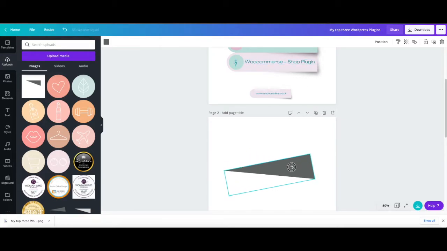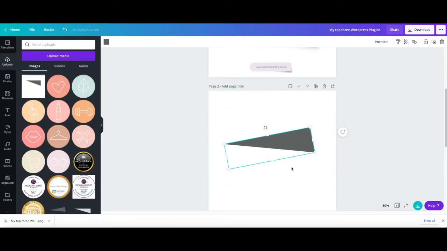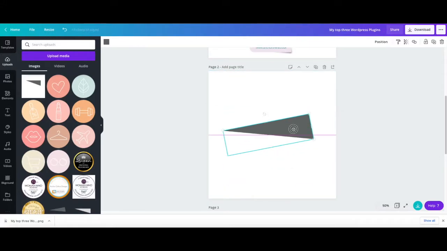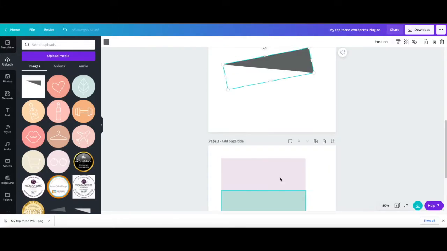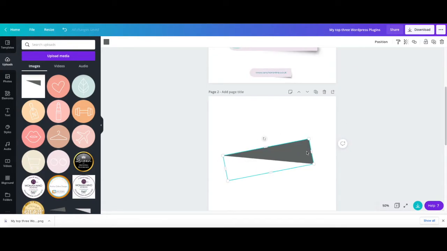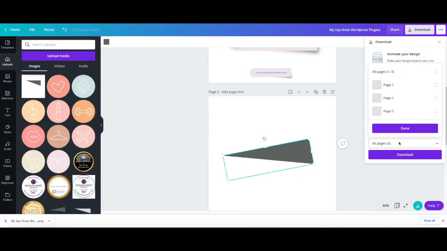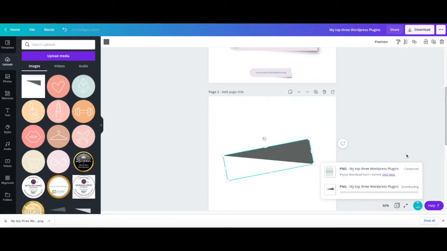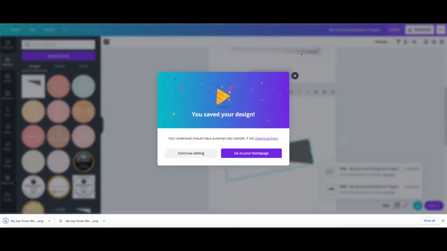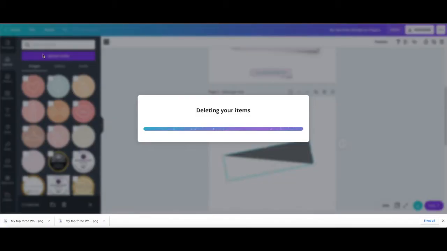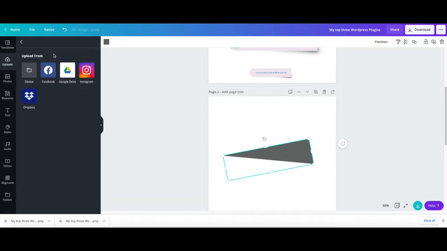What we need to do is download this triangle as a PNG. So once you've got your 3 squares and you've got a triangle shape that you've just given a slight tilt to, we need to go to download and download page 2. So we just need to download our triangle as a PNG. If we upload the triangle, which is here,